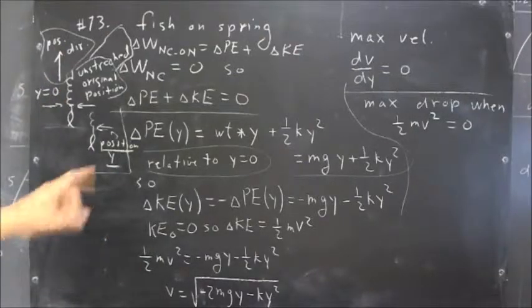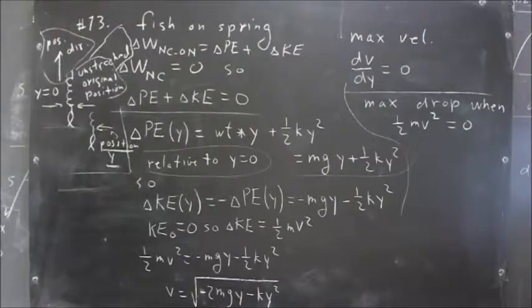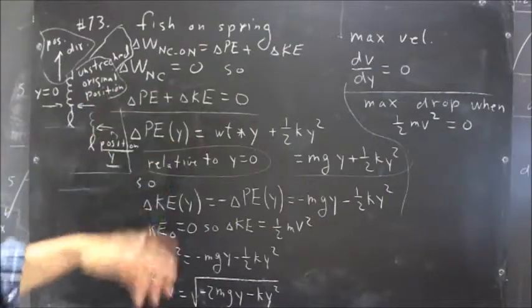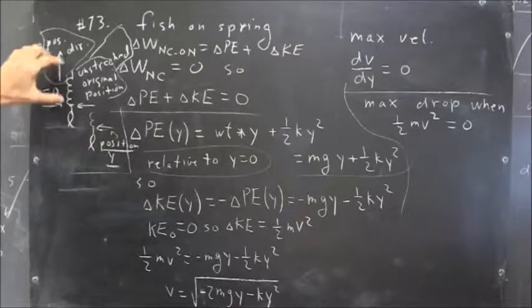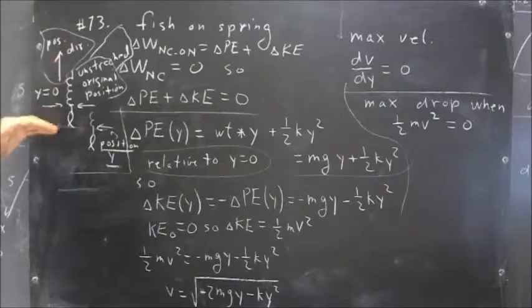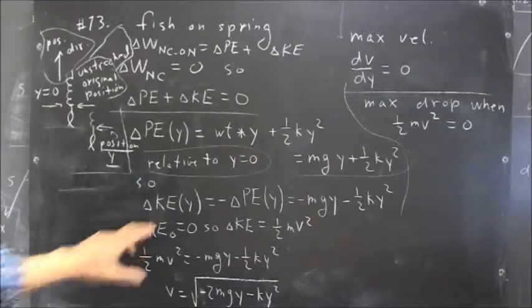So, another thing is delta W_NC is 0. We're assuming there's no dissipative force, no friction, no air resistance, etc. And that's pretty much going to be true if you've got a well-oiled spring. Of course, the spring has to be light, or the spring itself, in extending, is going to lower its center of mass, and there's going to be a change in its potential energy. In any case, it follows that